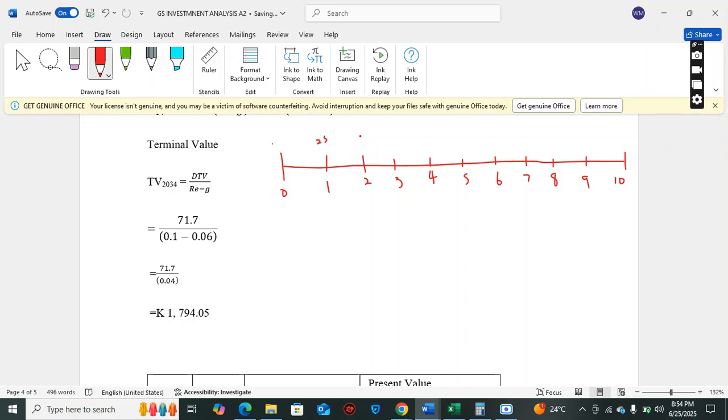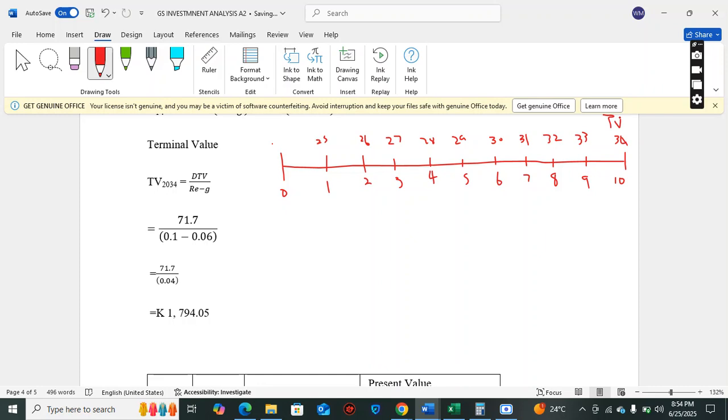This is 2025, 2026, 2027, 2028, 2029, 2030, 2031, 2032, 2033, 2034, and terminal value. Colleagues, the terminal value, when you're discounting, when you're converting it into the present value, okay, you